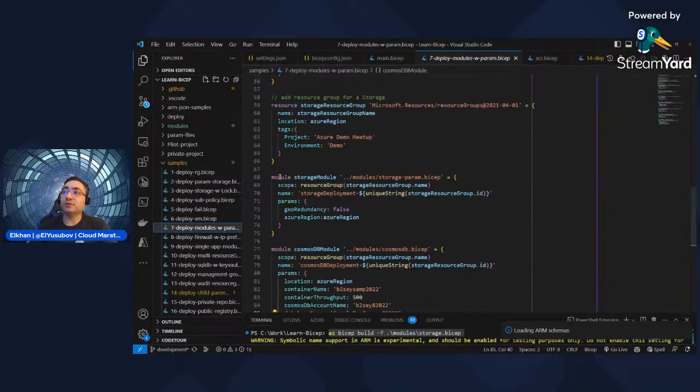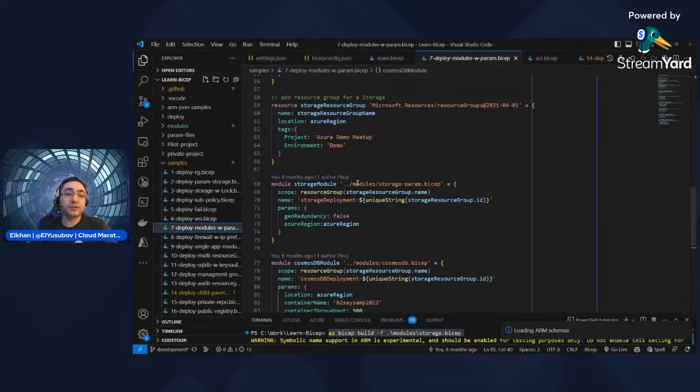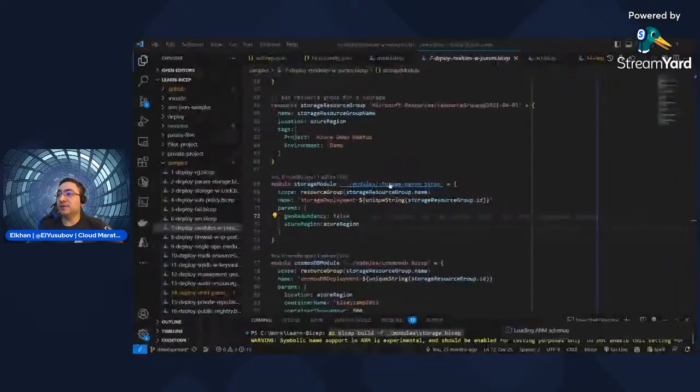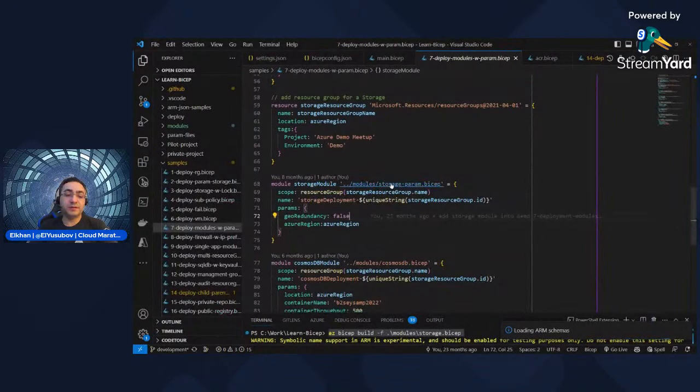deployment. So here, what you would see is that if you want to navigate and see, for example, how this storage module actually looks like, it will be a link. If you press Control, it will become like a link here, as you see, right? So it becomes a link. So we just click on this, and once we click, it's going to navigate us to the actual representation of that module. In our case,